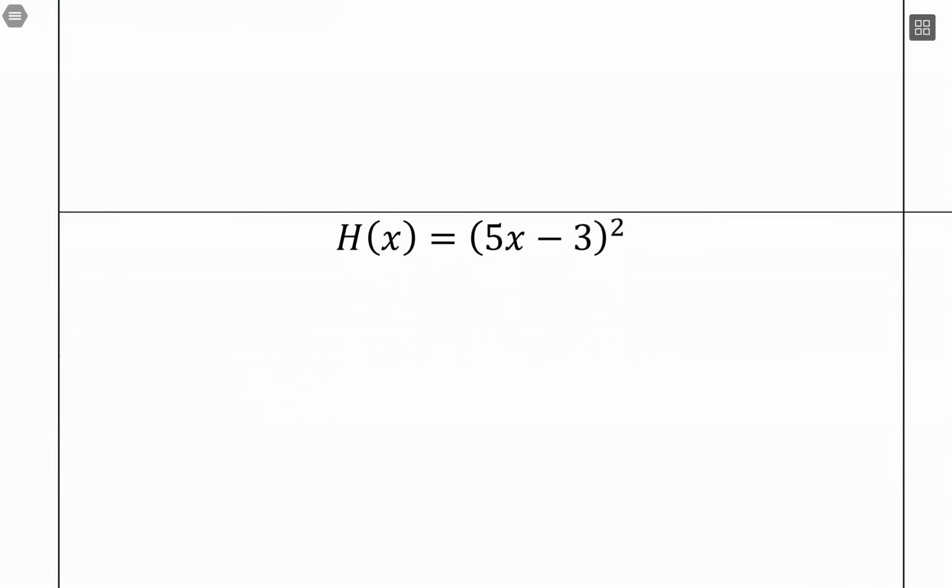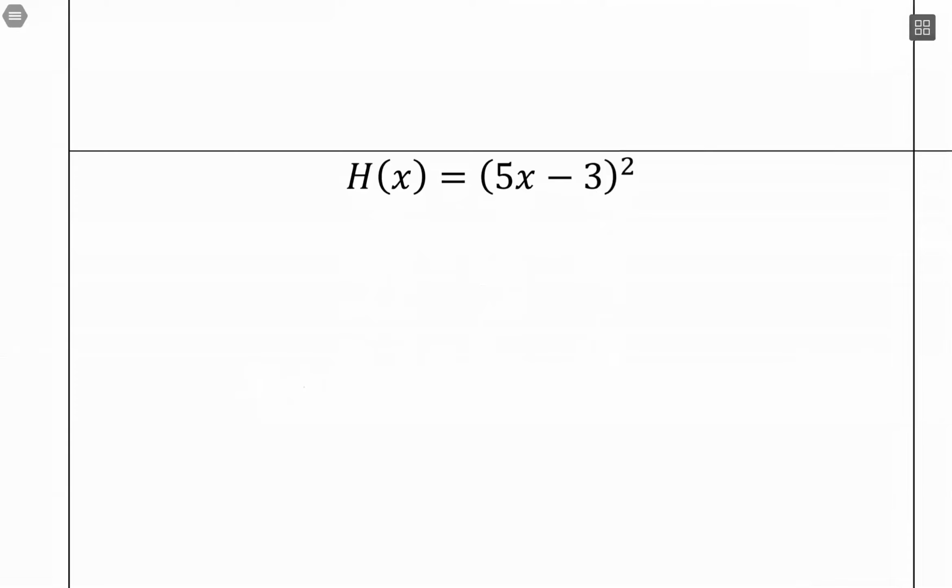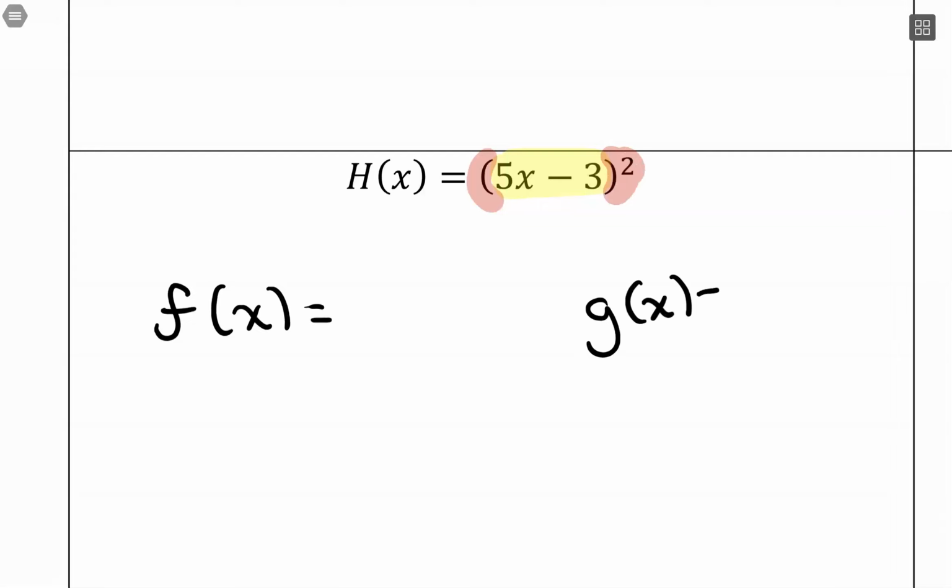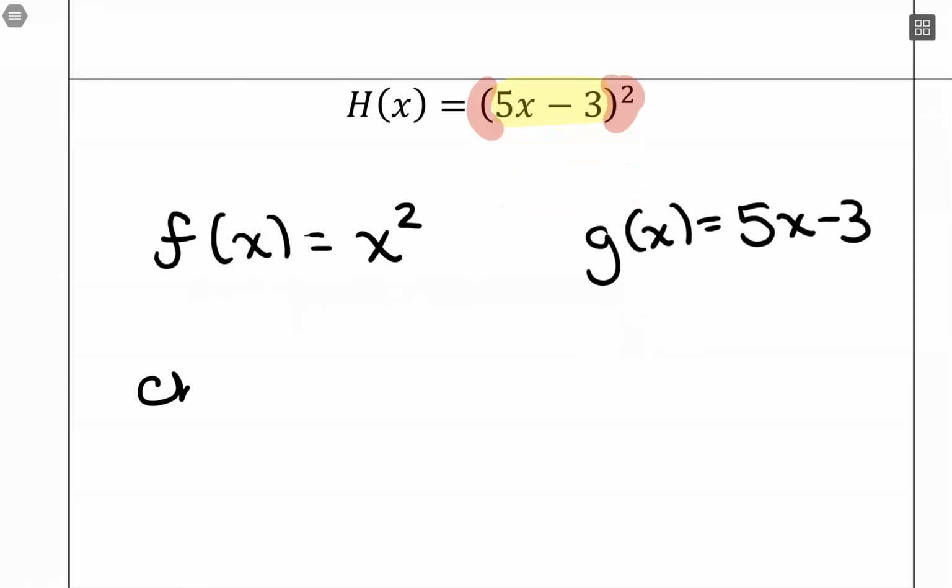This next example is pretty much identical. The idea, if we plug in something for x, we would do this 5x minus 3 first, and then our last step would be to carry out that exponent of 2. So for inside and outside function, and as you can see by my writing, I start with the inside function first, and then our last operation is to take whatever that input is and square it, which would be like x squared. So again, we could check that,